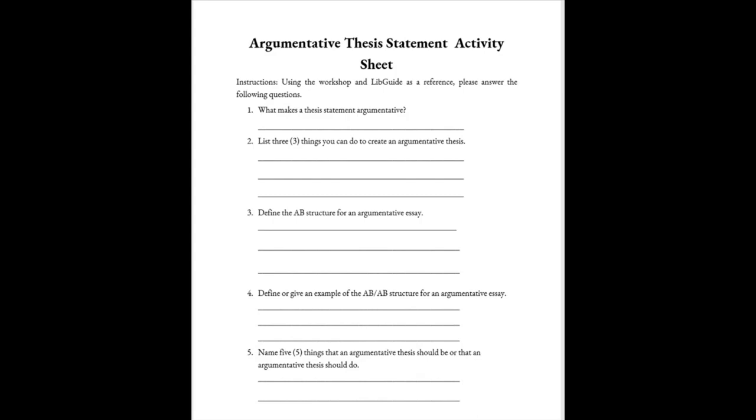Define the AB structure of an argumentative essay. The AB structure has a clear delineation between the initial argument and the counter-arguments that will be addressed. Define or give an example of the AB-AB structure for an argumentative essay. The AB-AB structure addresses counter-arguments as the argument is raised. Keep this in mind. Name 5 things that an argumentative thesis should be or that an argumentative thesis should do. Keep in mind the qualities discussed earlier, such as how the thesis is to be structured, or how it should